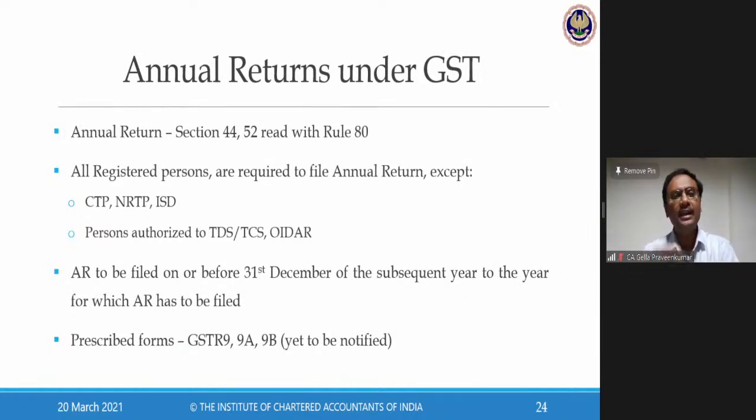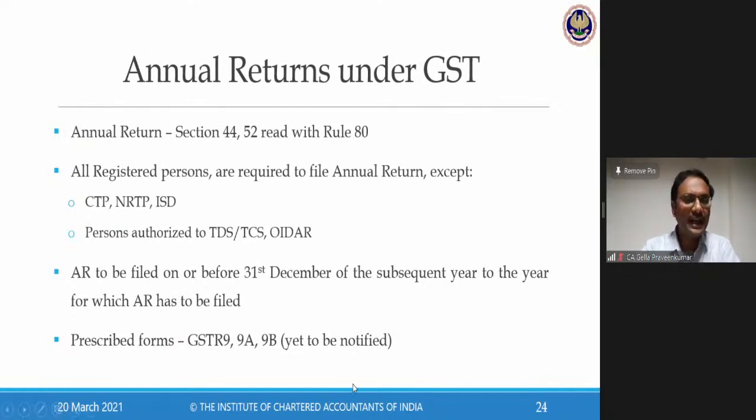What you will say, as per the GST provisions, 31st December, 9 months from the end of the relevant financial year, that is 31st December of the subsequent financial year, is the due date for filing my annual return. However, the Commissioner may, by a notification, extend the due date for various reasons. So you will say, all registered persons have to file a form called annual return. Now, how do they file? When do they file? On or before 31st December of the subsequent financial year.